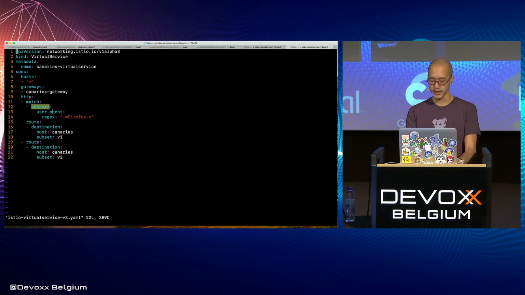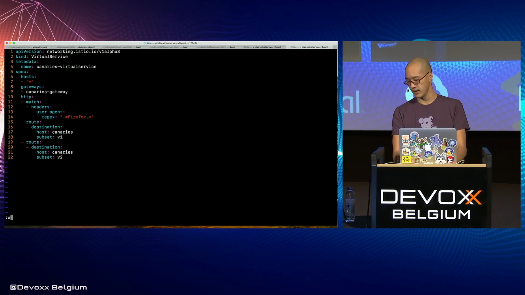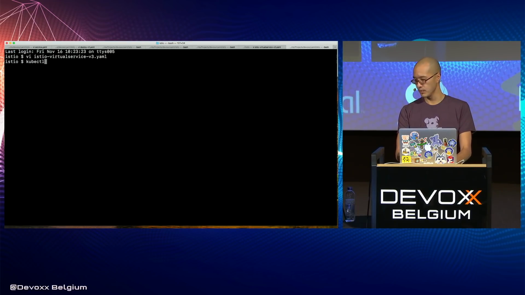We can implement a user agent matching, right? So I'm going to target Firefox here. How many Firefox users do we have in the room? Cool. So I'm going to go ahead and implement this. And what we see here is that it's going to first run this rule to match, and it's going to look for Firefox, and then it's going to route those people to version 1. If that fails, then it's going to default back to this route, send people to version 2. So Firefox people, you get the old version. Let's go ahead and quit out of this, and kubectl apply